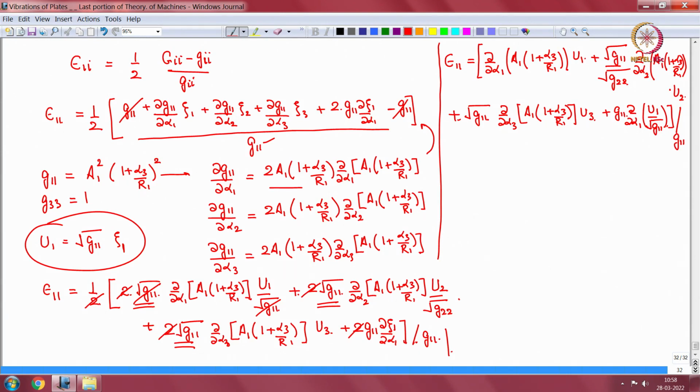We will get 1 over G11, 1 by G11 in front, this G11 in front, U1 del alpha 1, A1 (1 plus alpha 3 by R1), okay, plus